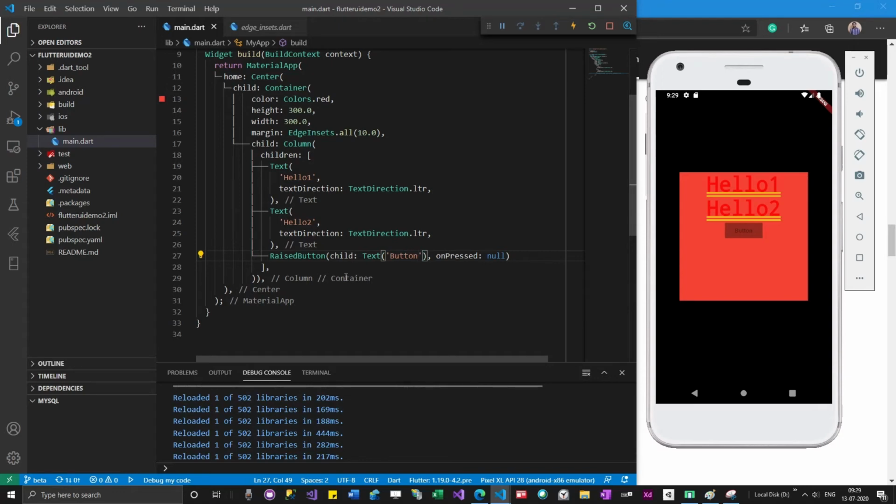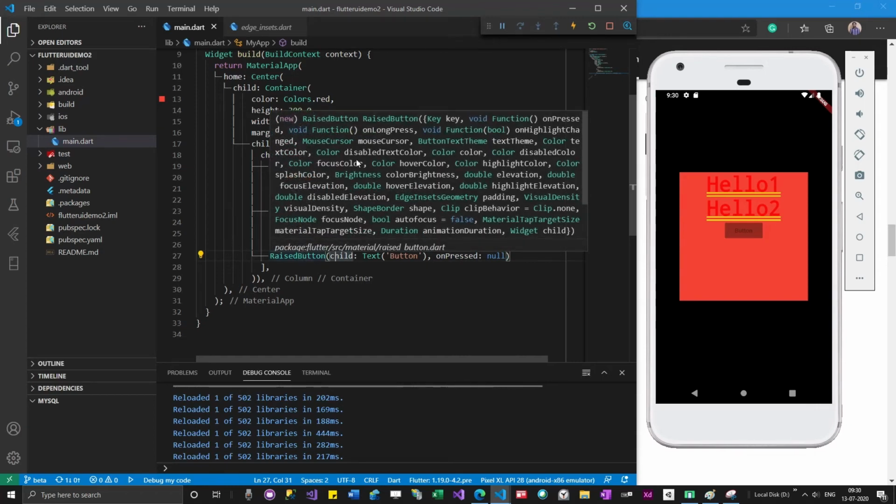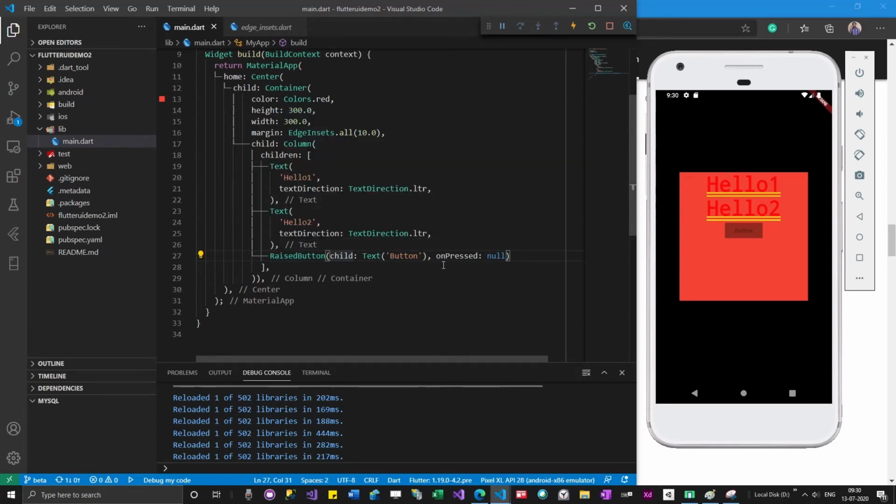You might be thinking, when I write raised button, how will I know that I need to give child only or onPressed? All these things are available in the documentation. This documentation will not make sense unless you code continuously for maybe a month, or a couple of months, or 2, 3 weeks, continuously try to code and go with code suggestions. Unless you practice it, you won't be able to understand whether you need to give child or onPressed. Everything will be there in the documentation. I will go through the documentation after writing some of the code.